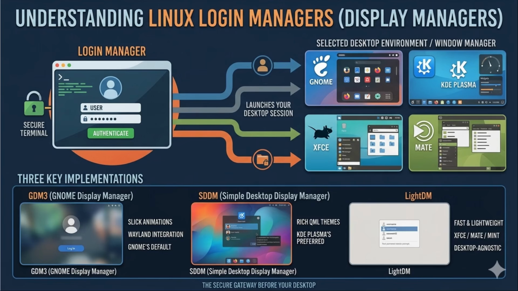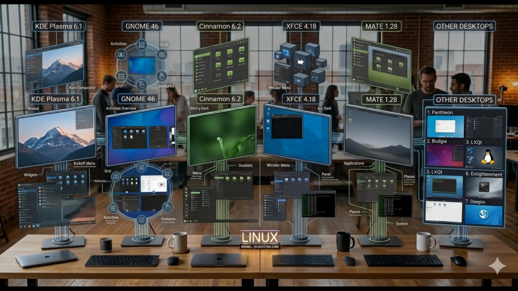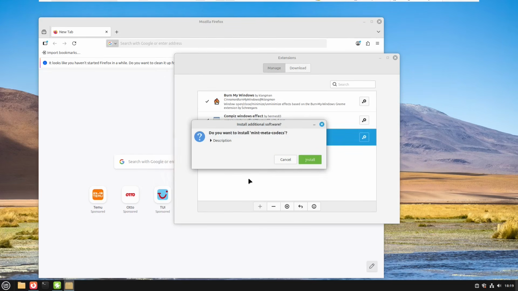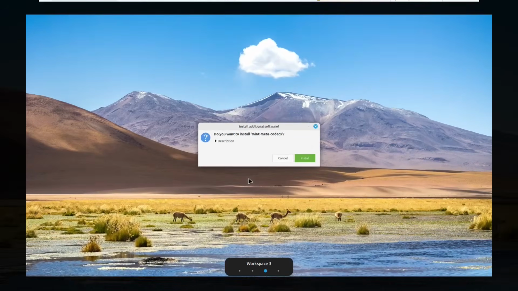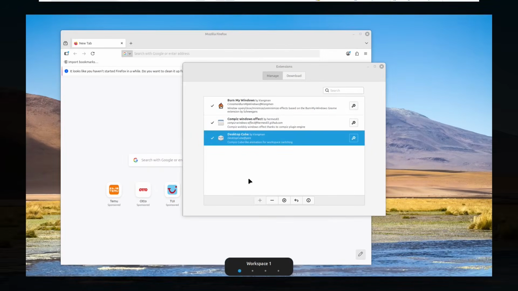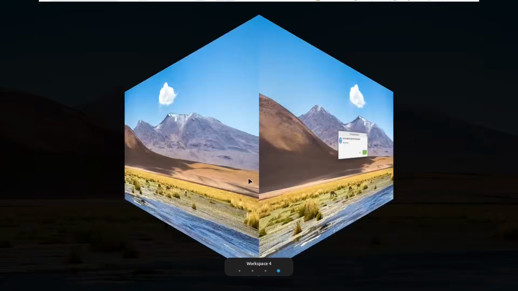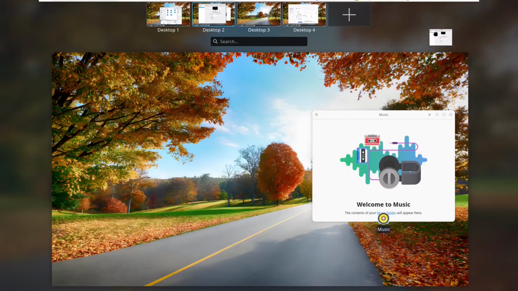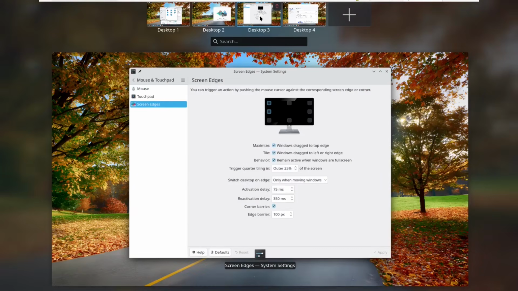The beauty of the Linux ecosystem is that there is no single right answer, only the answer that perfectly maps to your personal workflow and hardware. Which desktop environment is for you? Choose Cinnamon if you are moving away from Windows and want an intuitive, polished desktop that lets you feel productive on day one. Choose KDE Plasma if you love software customization, want a beautiful visual interface, and enjoy tweaking your